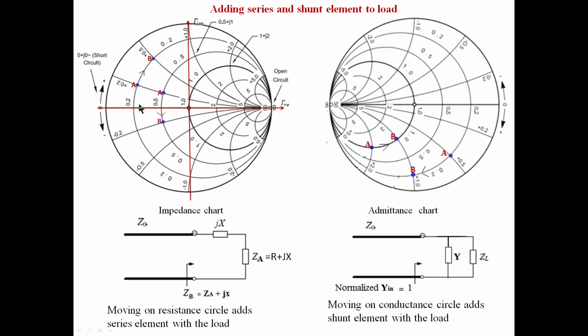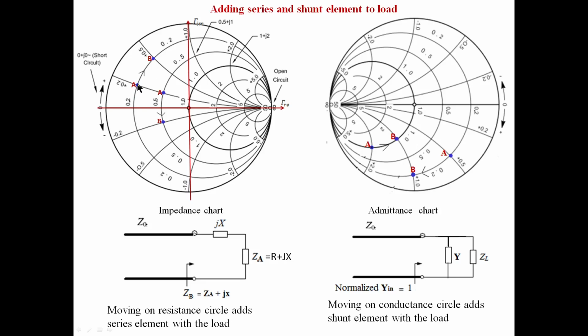That we can do easily from the Smith chart. Given a load, for example, this is the load given. Okay, this is the load point we are marking on the Smith chart. See like this, we can mark it on the Smith chart. To this, we want to add a reactive element. To add a reactive element to this load value, what we have to do is move in the clockwise or anti-clockwise direction over the resistance circle on which that point is. Say our load point is on some resistance circle. This is a resistance circle, and our load point is on it.